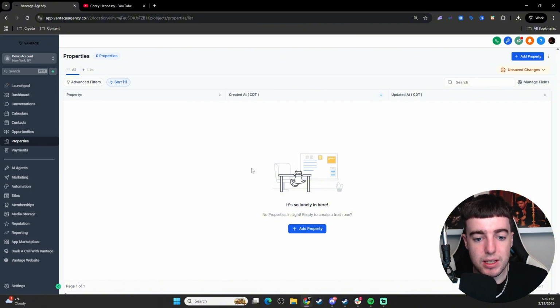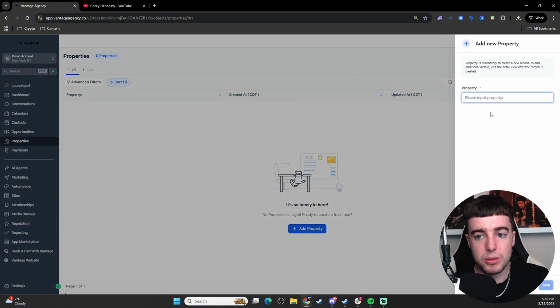Now, if we click in, we'll have a full list of all of the objects that we have. And you'll see in here, there is no property. And because we've given it the custom name, it actually uses all of those terms. So it's going to have property, it's going to have properties, 0. Let's add a new property. So we're going to put in